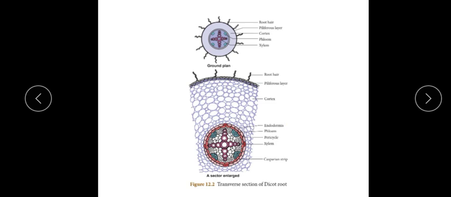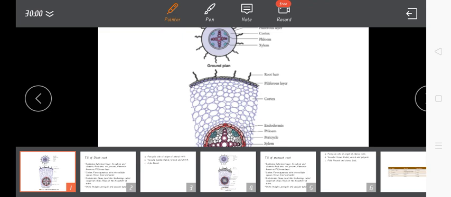The function of pericycle is going to be, you can see a brown color layer there. The function of the pericycle is to have the lateral roots arising from that area. Now you can have a focus over the xylem and phloem. I repeat once again, you have 4 bundles of xylem and 4 bundles of phloem. You can have a look at this also.